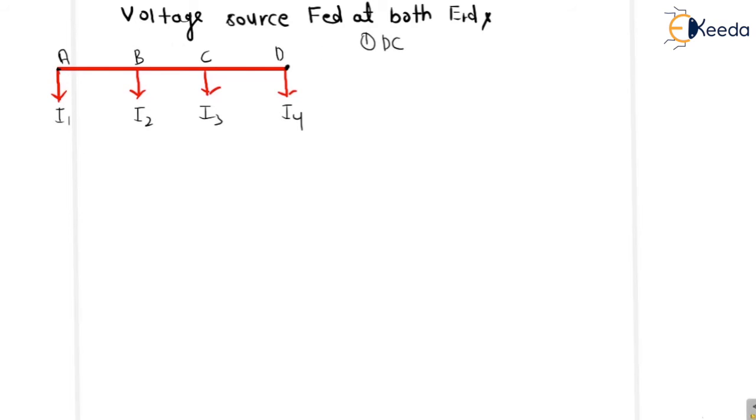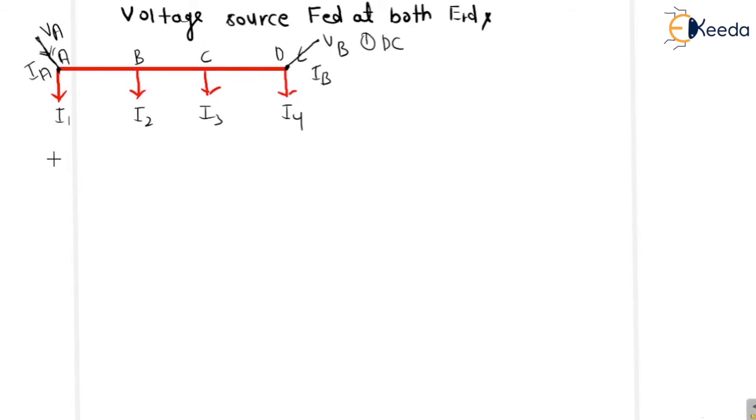The current drawn from generator 1 will be IA, and this point will be called VA. This is the same point, but to find the total current IA, I have drawn it like this. If this is I1 and let us assume this is current IB and this is VB. Now, if we have the voltage values at A and D, we can find the voltage at B and C.